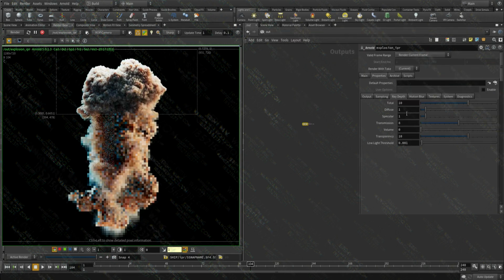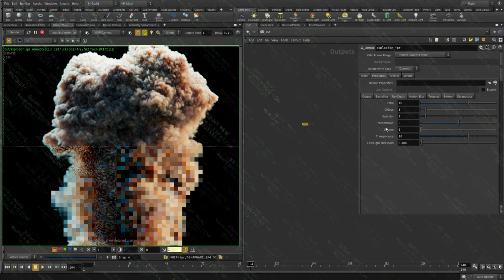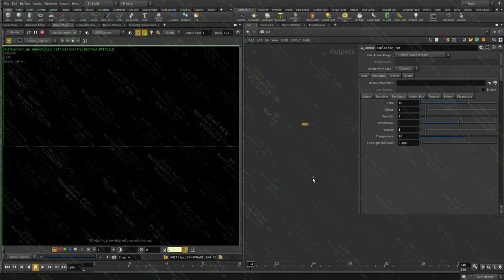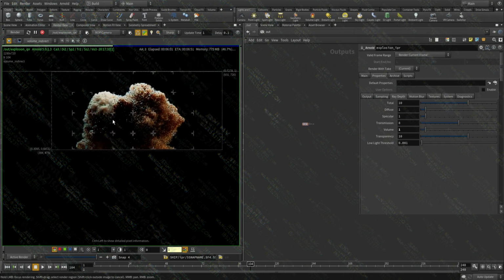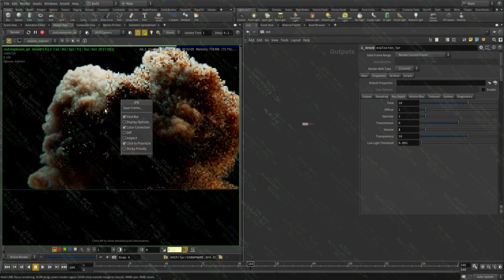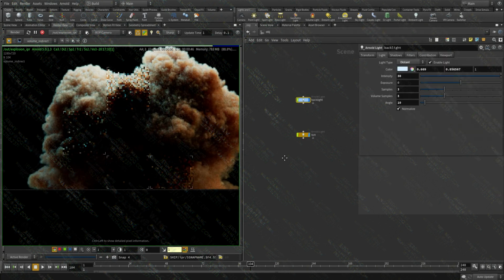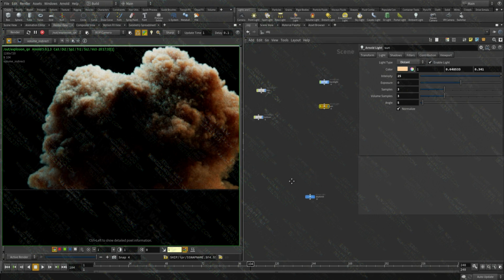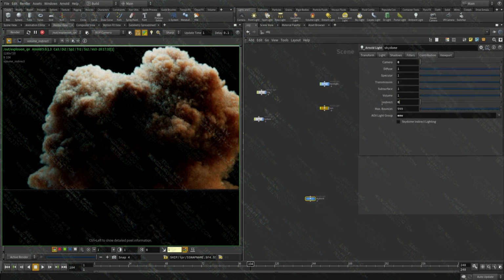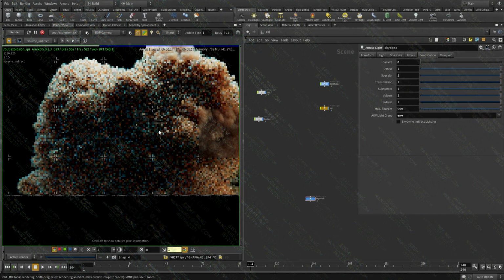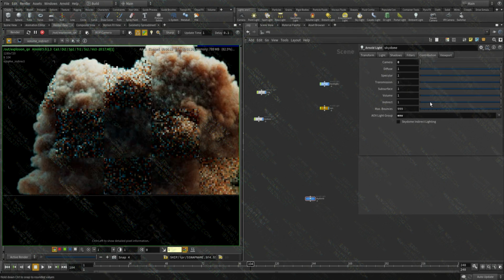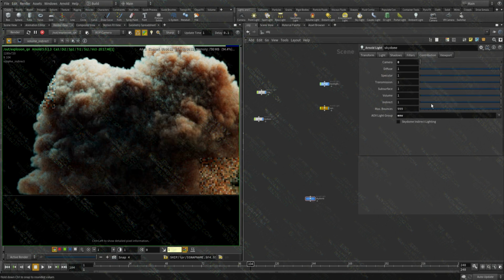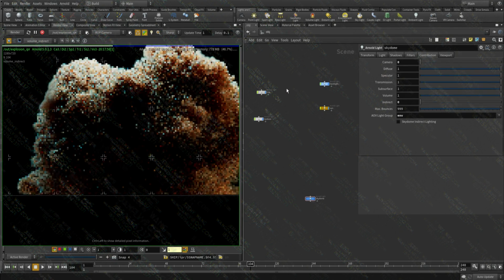Cool. Let's take a look at the settings, and right now we don't have any volume indirect. It's off, so I'm going to set this to 1. And remember, it's off from the environment, which is the slowest. Let me go and turn it on to show you guys what the effect looks like with the environment on. So let's set this to 1. Now the environment is contributing to the indirect of the volume. Again, this is a very expensive process. Even though it looks fast, it can get really slow. So I'm gonna set this to 0. I don't want any indirect contribution.